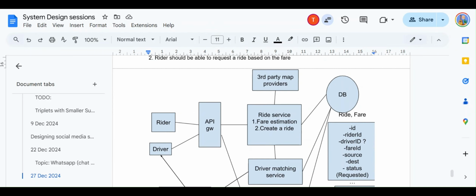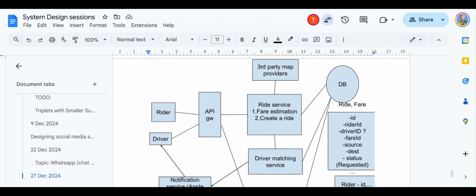No, it may be a different scenario. Let me give a different scenario. Let's say this is not a burst load in a single location, it's a burst load across locations. Say it's New Year's Eve, or Corona happened and now everyone wants to go to their home. Everyone is going from here to there for some reason, and suddenly the whole country, the whole city, is traveling. Something happened and now people from different places are traveling.